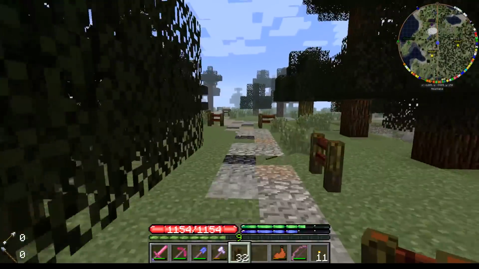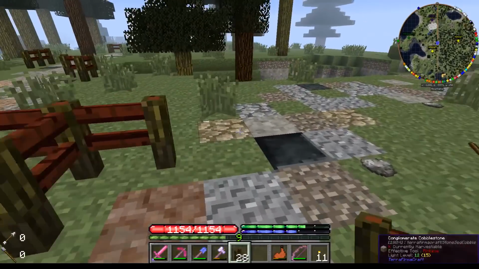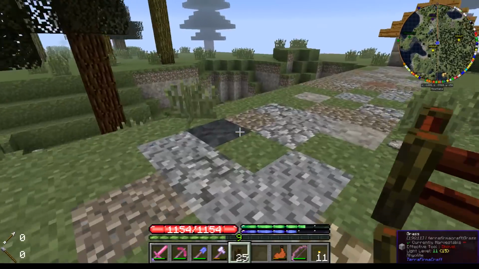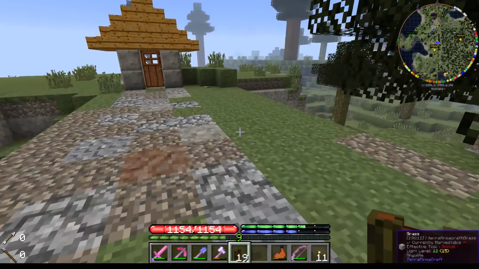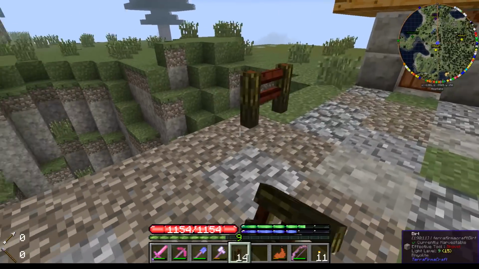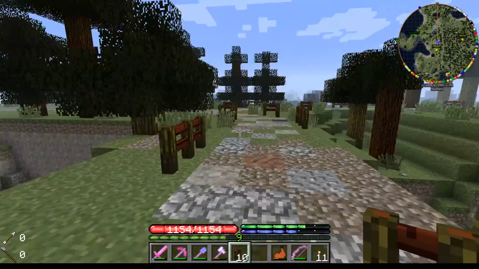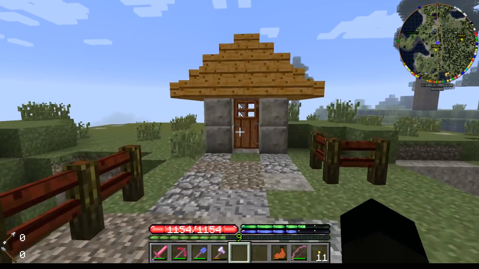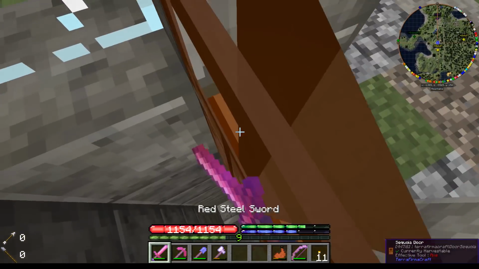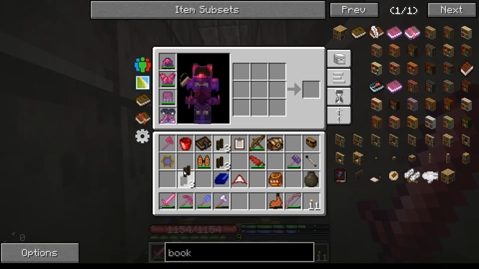And obviously we've got this going on here, so we can do a little bit of the old fencing down the edge here. And yeah, just get that going. So that's another job done. There are a whole load of mobs down there which we should probably go down and deal with before we